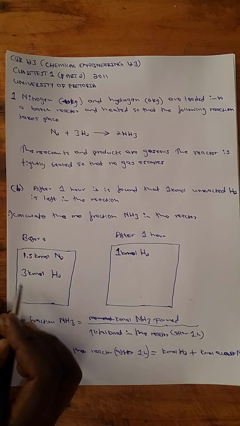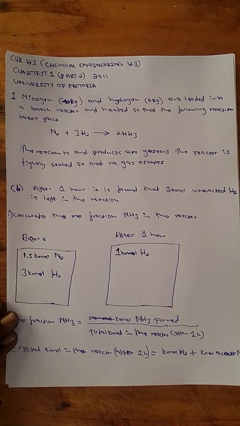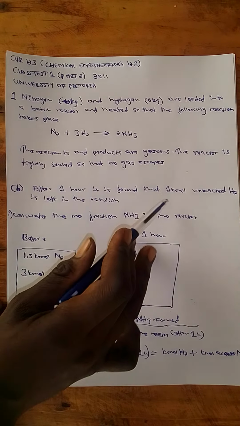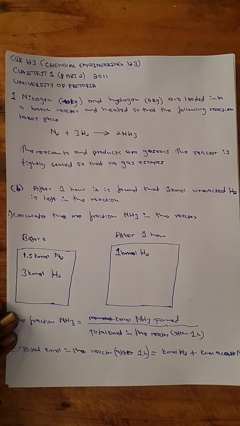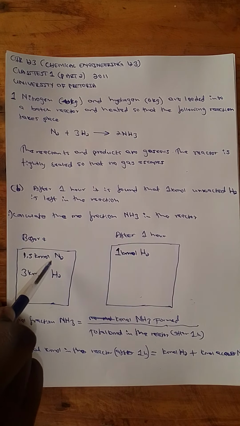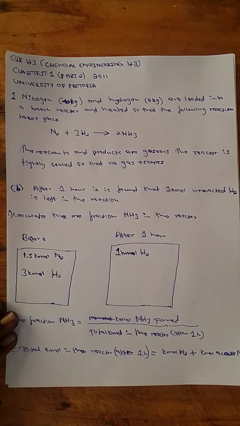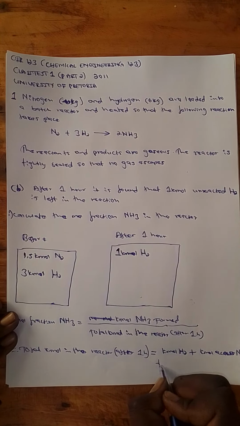So we expected the hydrogen to be used up. Now we are told that after 1 hour, 1 kilomole of hydrogen is left. This tells us that if 1 kilomole of hydrogen is left, then there's also a portion of unreacted nitrogen left. So we can also say plus